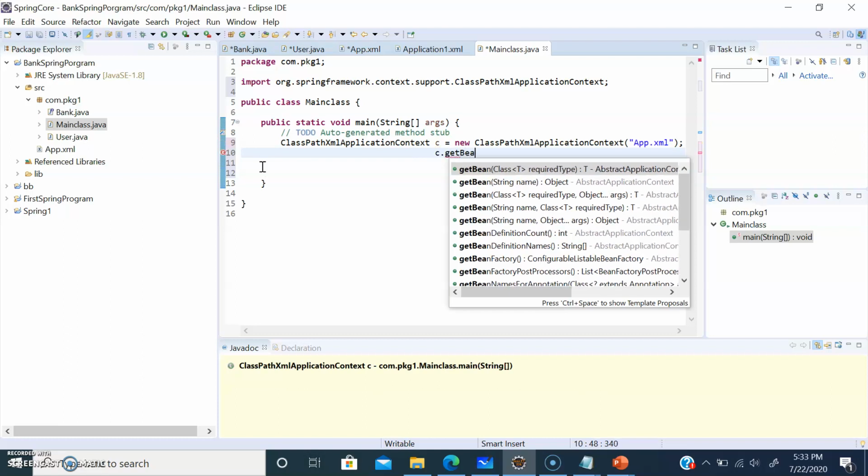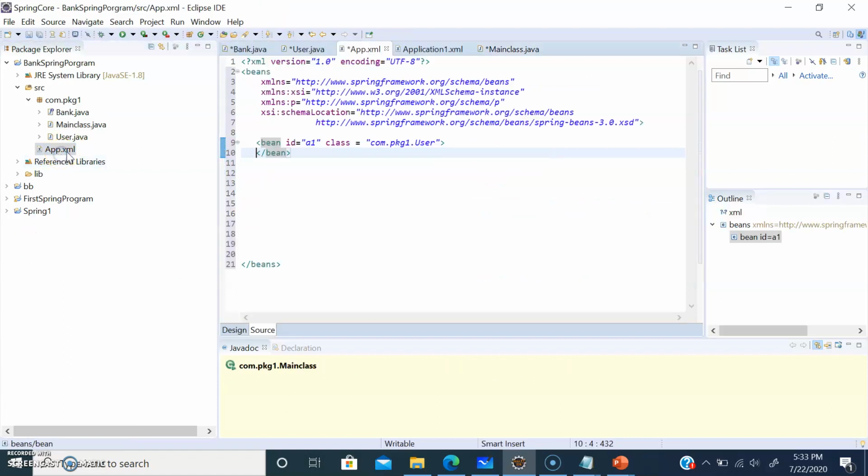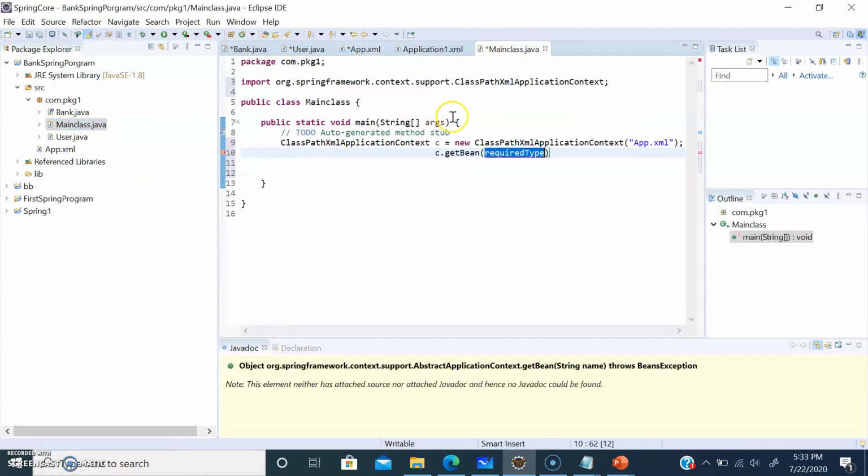c.getBean, and first we have to give the bean ID. So what is my bean ID over here? A1. The bean ID is A1, and then we have to say which class implements the interface. So we have to give the interface name.